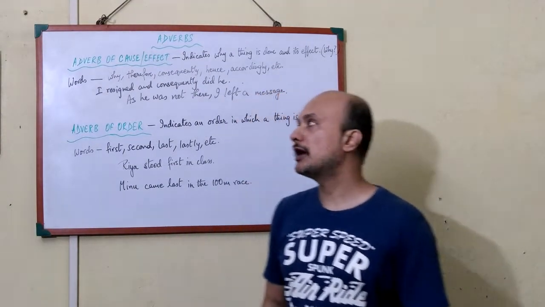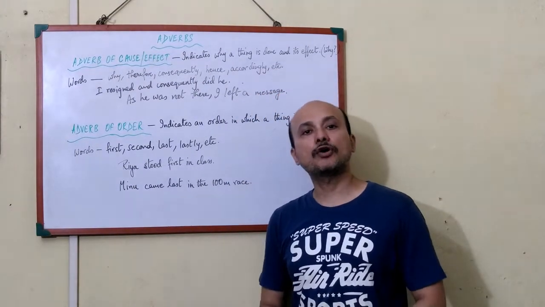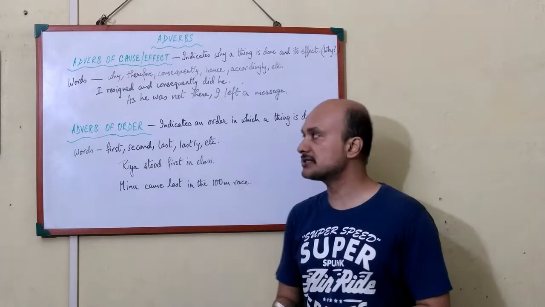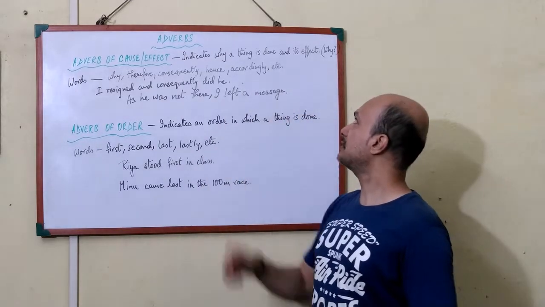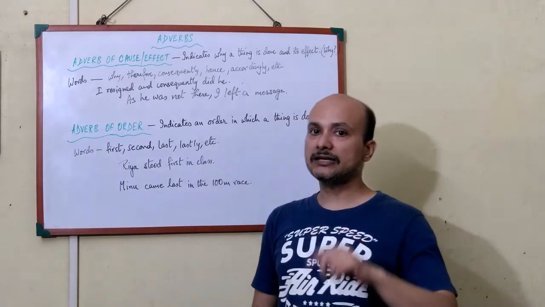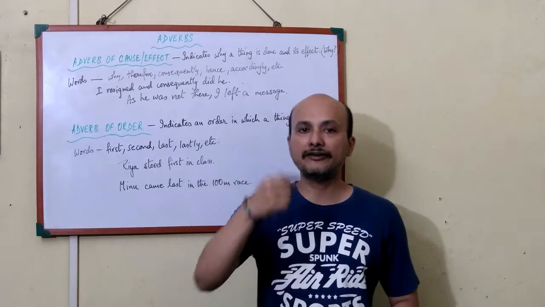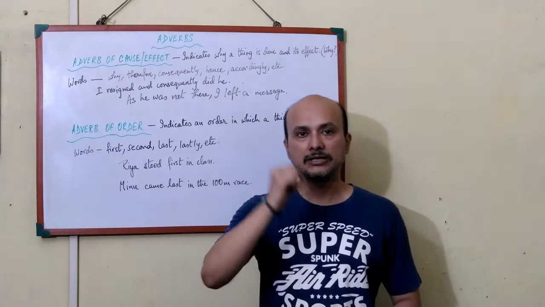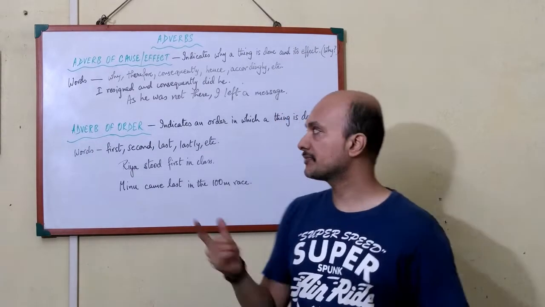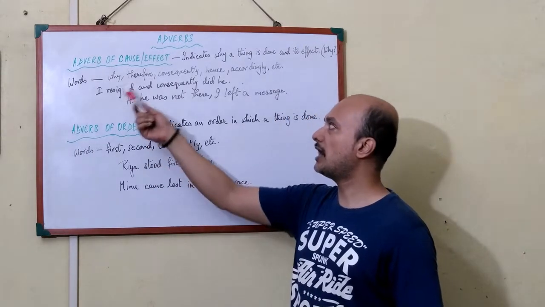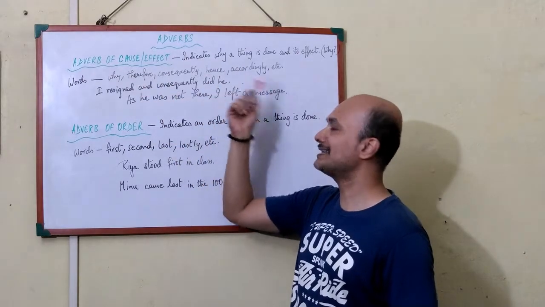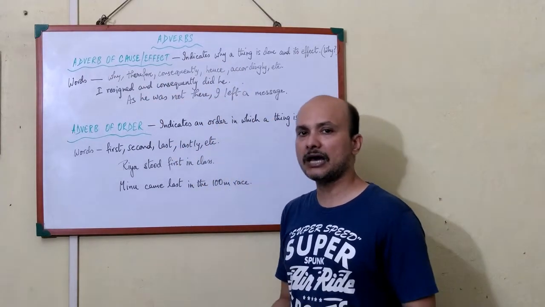Next, we come to adverb of cause or effect. Cause or effect, you can understand, indicates why a thing is done and its effect. Either it tells the cause, why a particular thing is done, number one, or the effect. Okay, that is why it answers the question why. Let's see the example. Words like why, therefore, consequently, hence, accordingly, and many others are used in this